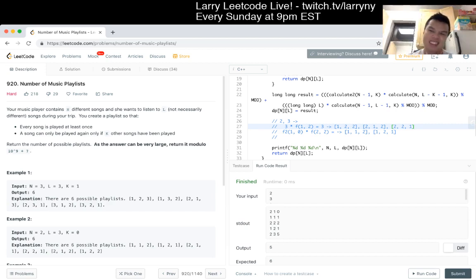I think another way I can think about solving this, because the way I've been doing it is a little messy now,